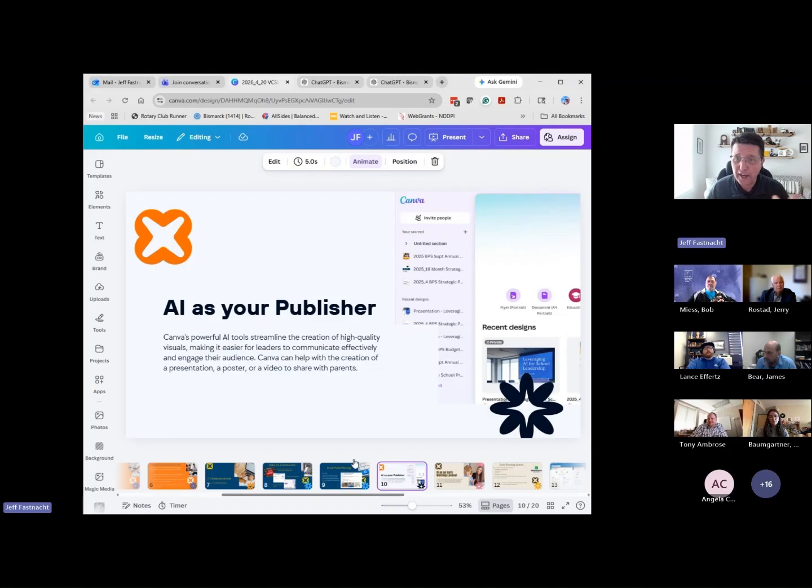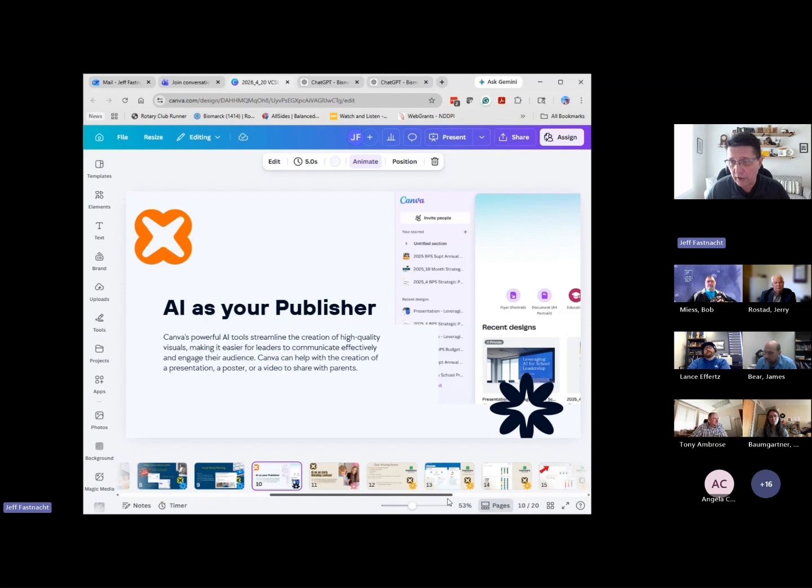Just before we got on, I was deep into Canva. I'm deep into Canva stuff and making presentations and everything like this one is. So that's a huge tool for me. And now that you can connect ChatGPT to Canva and you can work in ChatGPT and it automatically goes into Canva, that has been a huge time saver for me.